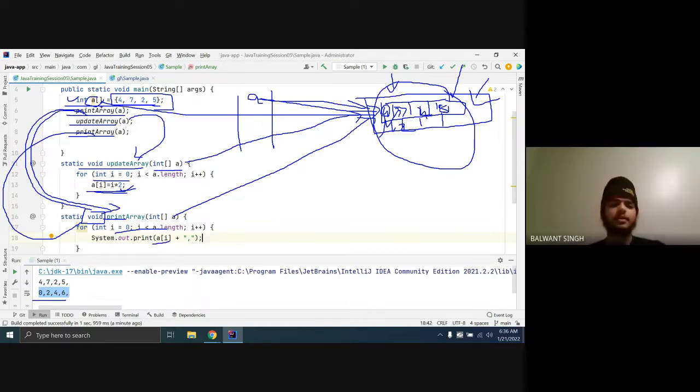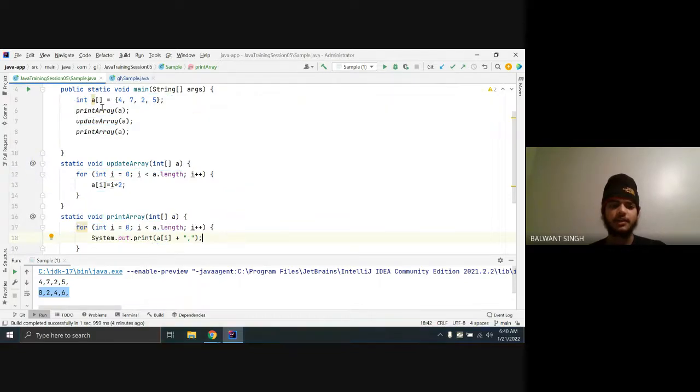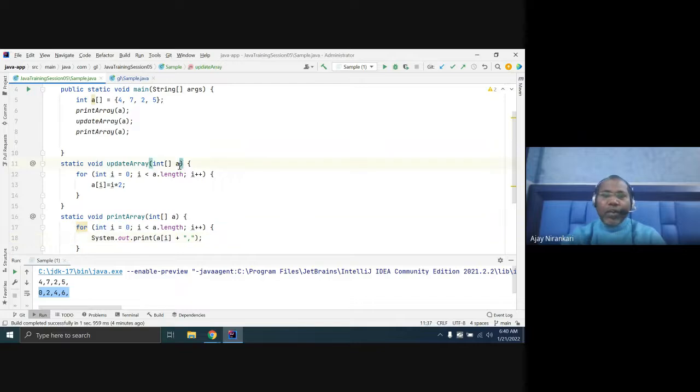Yes, sir, but can we use X and Y instead of this in line 16 and 11? Okay, here you can give any name. Let's say you give a name like R. It doesn't matter. Last time I discussed this is a local variable. Even if you give a name like T.